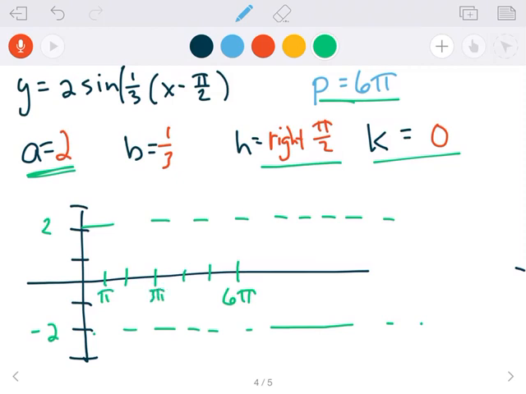I'm not labeling everything because it's going to get really messy. 4 pi, 5 pi, 6 pi. And we're going to do half a pi shift. So that means we also need the little half marks in here. So half a pi is going to be marked on our axis. Okay, and then if we did that again, I'm going to extend this line out